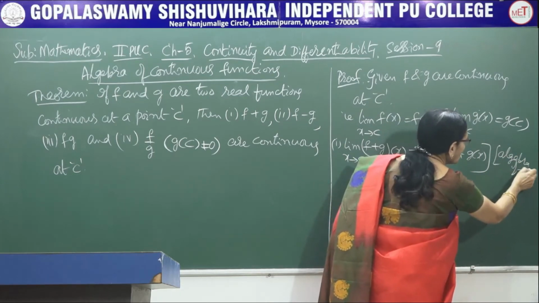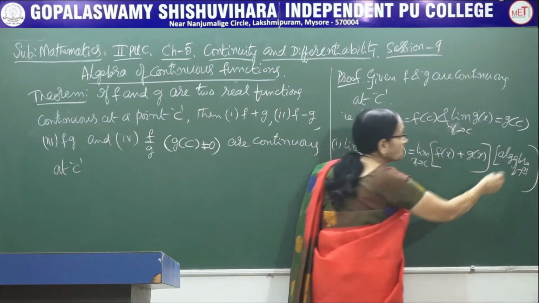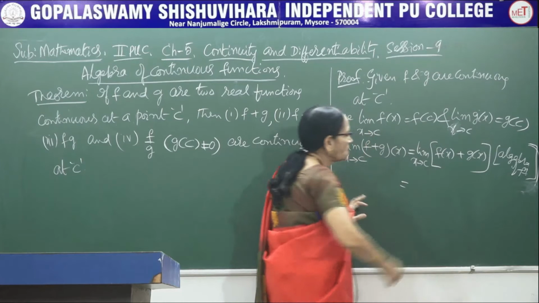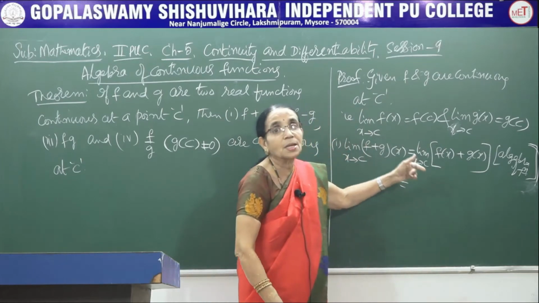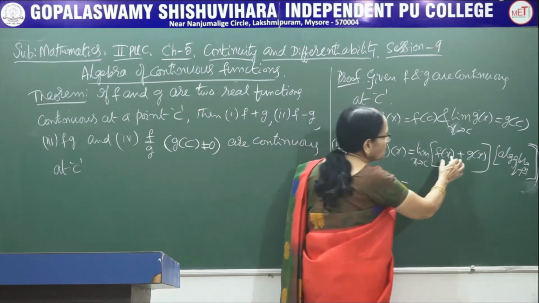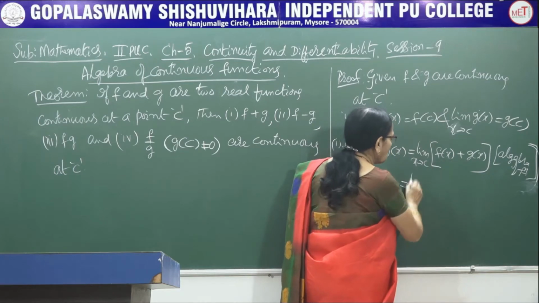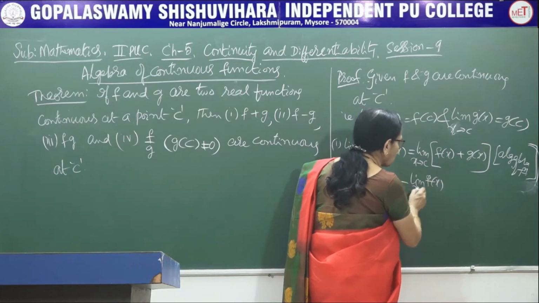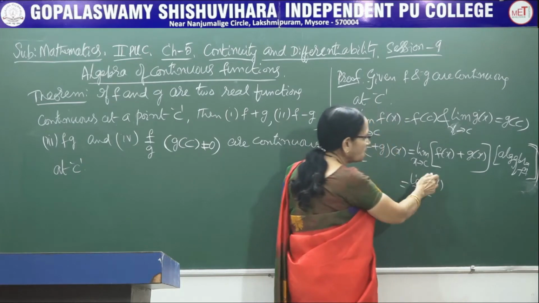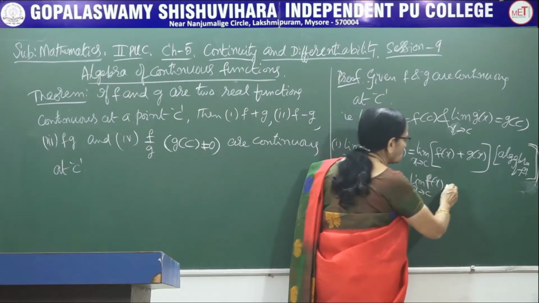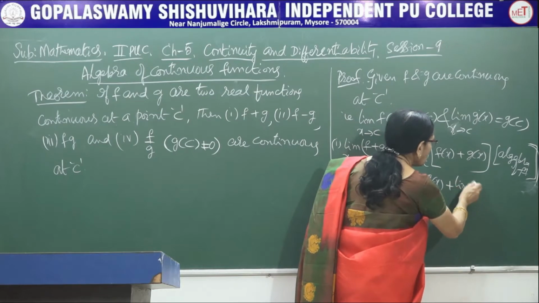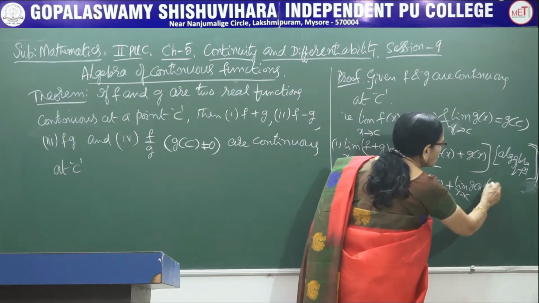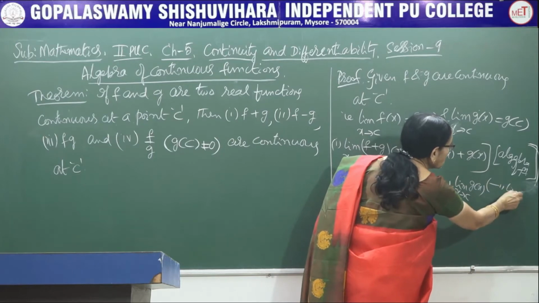This is again the first year part, algebra of function. Now, here we come to the algebra of the limits of the function. So, when the sum is there, the limit is applicable individually, that is to both the functions individually. Limit of f(x) as x tends to c plus limit of g(x) as x tends to c. Here it is algebra of limits.